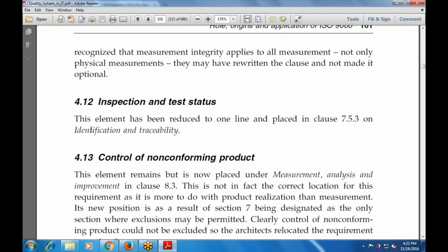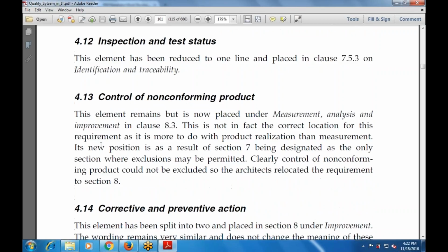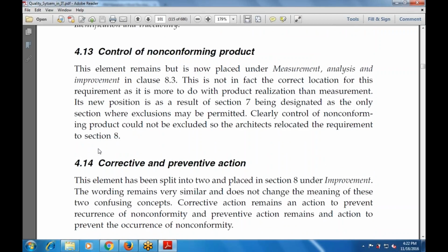Whatsoever the exclusions, whatsoever the data that may be permitted, so there is the demand for the non-conformity of the product. Then corrective and preventive action. Whatsoever the corrective actions, whatsoever the preventive action that is used with the improvement, the wordings remain very similar and do not change the meaning of these confusing concepts, that is used and remains an action to prevent the